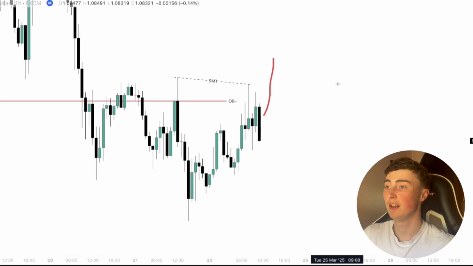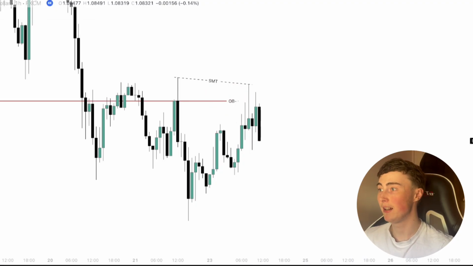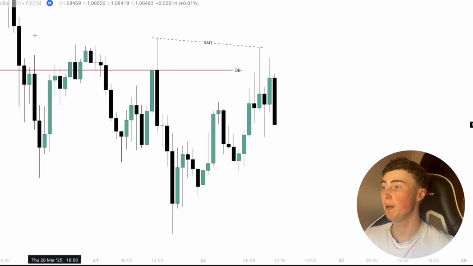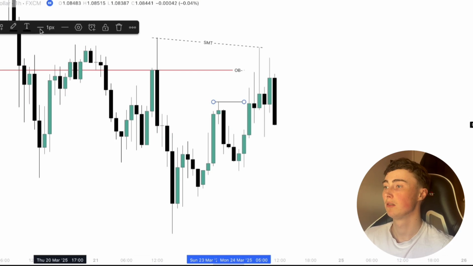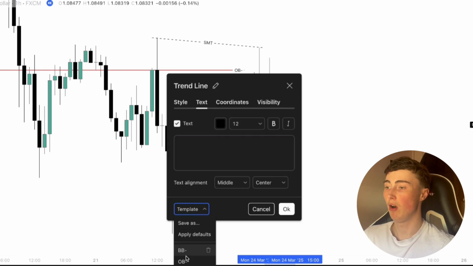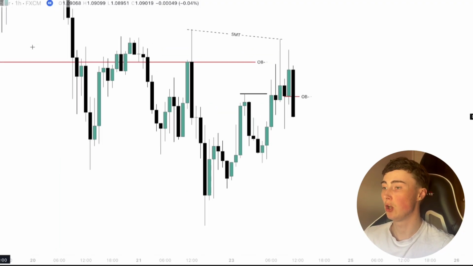Okay, so we've had the sweep within the bearish order block. And then we get the CSD, right? If we have a look, this is on the 1 hour time frame. Okay, so we've manipulated liquidity. We've also taken out this high here. And that was followed by a CSD, right? On the 1 hour, we close beneath this last up candle. So now what is that, right? That is a high that has a high probability of holding, right? If we're going to target this external range liquidity,